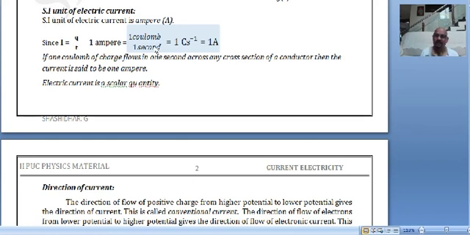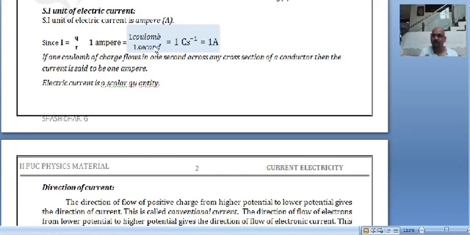Electric current is a scalar quantity. Even though we say that it flows from one potential to another, from higher potential to lower potential, we say that the current is a scalar, because you will understand that in a microscopic view of electric current. So current is a scalar because it does not follow the rules of vector algebra. Any quantity to be called a vector should have magnitude and direction, and also it should follow the rules of vector algebra. Here current does not follow the rules of vector algebra, even though it has some magnitude and direction.